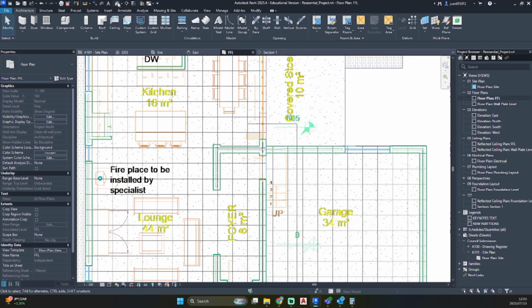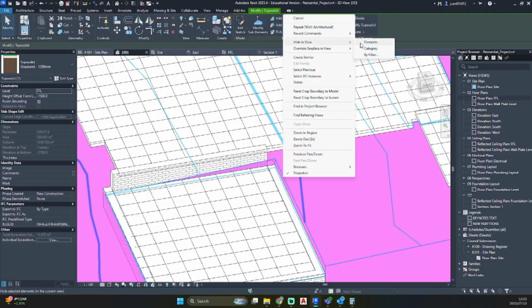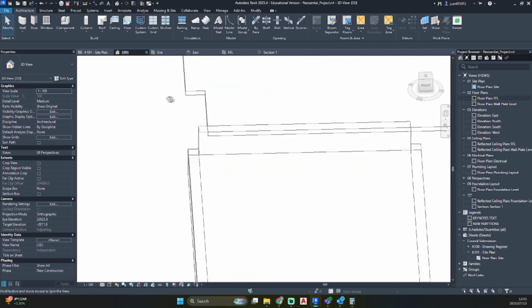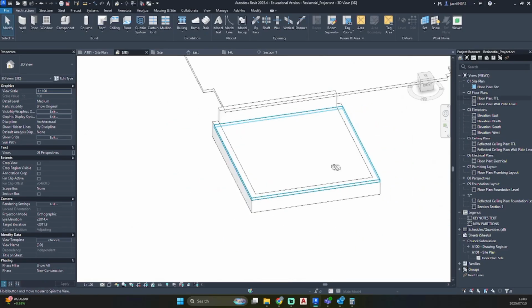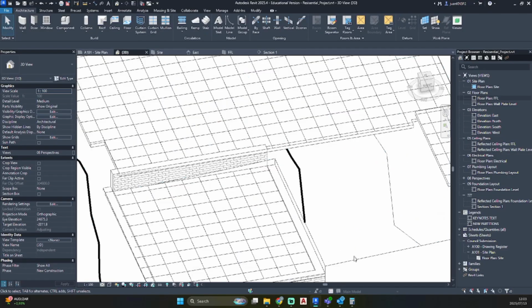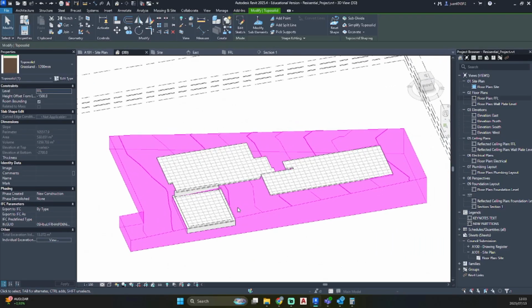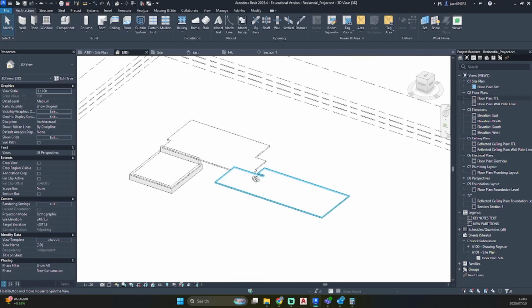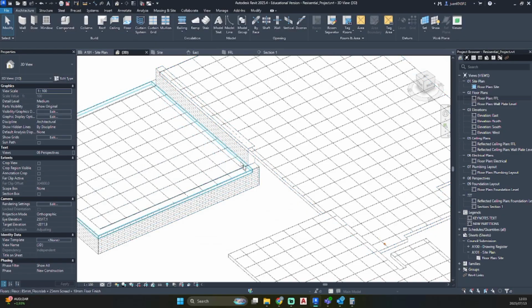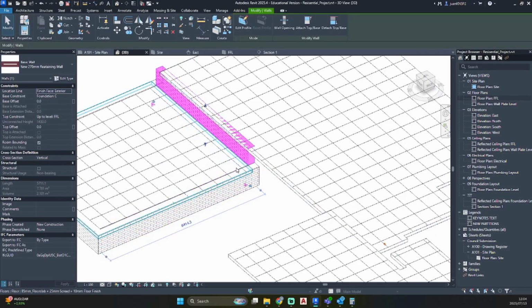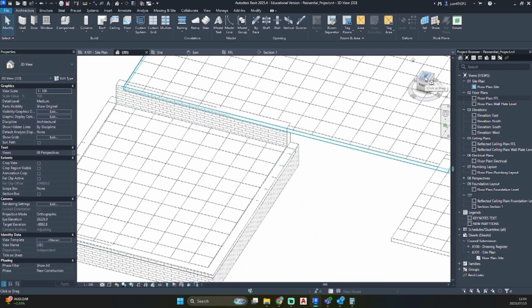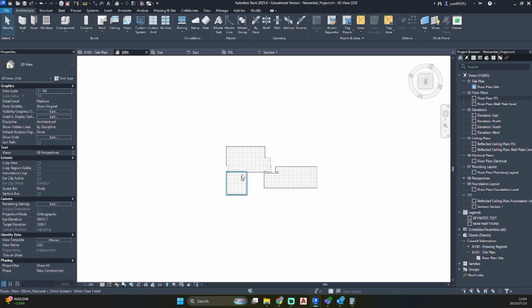And I'll need to sort out, I'm going to hide the site quickly, because we need to sort out what's going on here and in the front. So once you've hidden your site, just click in 3D view, click on your site, right click, hide in view by elements. So let's create a cleaner connection on these two corners. So if you go to your 3D orbit, just click on top, and you'll see Revit will auto adjust your drawing.